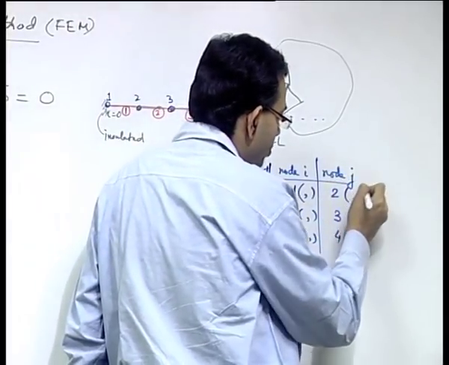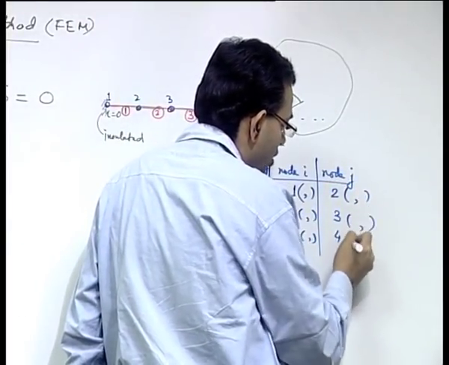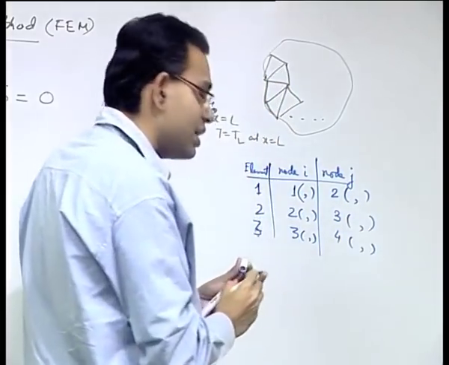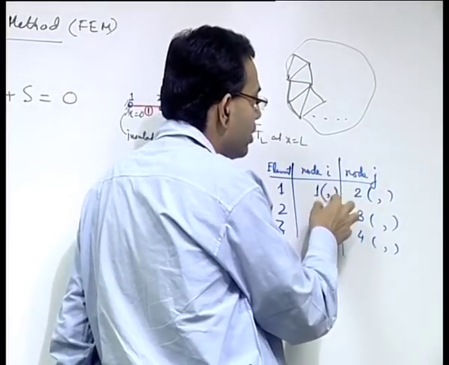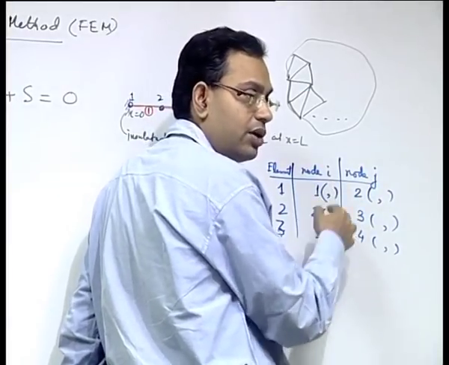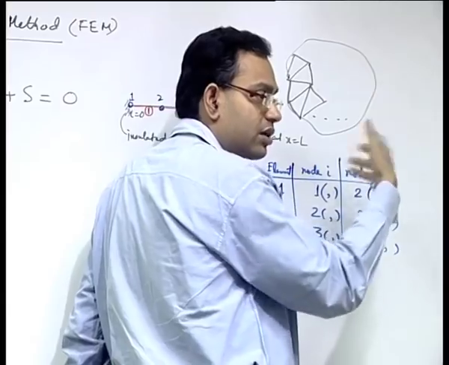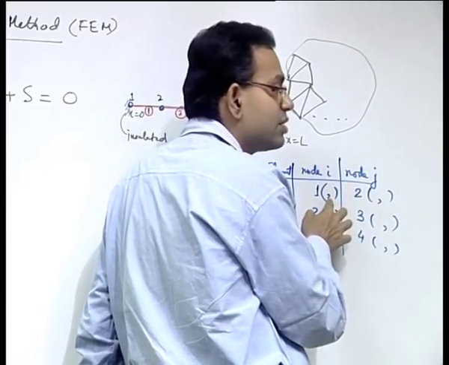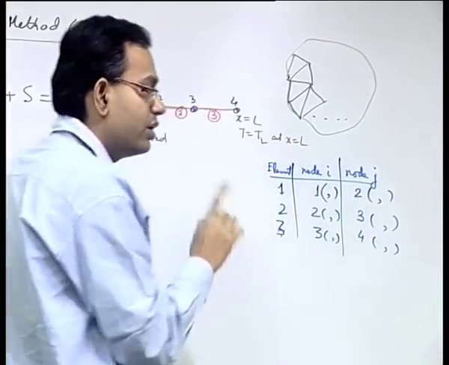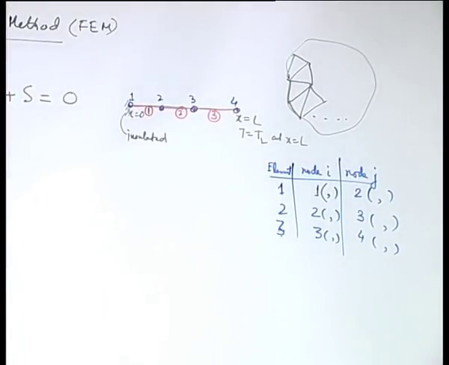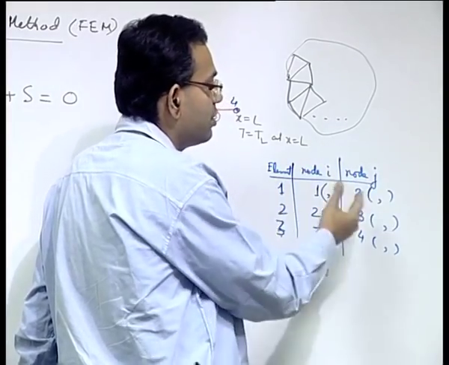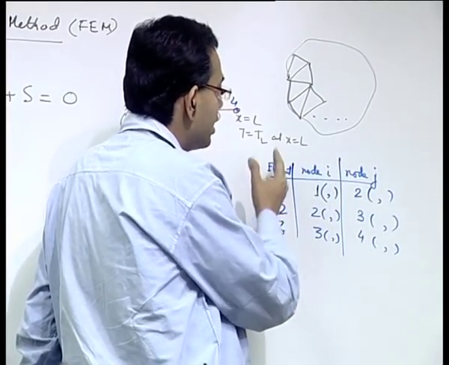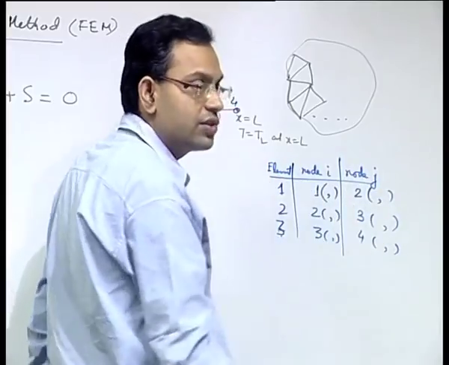It is a one dimensional problem. So, although I have given a comma, that is not necessary, you just require one x coordinate, but if it were a 2 dimensional problem, it could have been x comma y, that is why I have put a comma, or maybe a 3 dimensional problem, a third coordinate. But here this comma is not necessary, you just have only one coordinate specifying the location of the point. So, this is an important chart, an element node chart, which relates the connectivity of each element with the corresponding nodes.